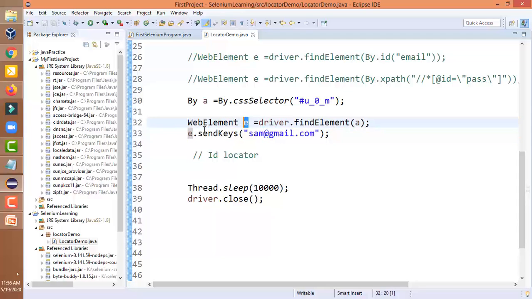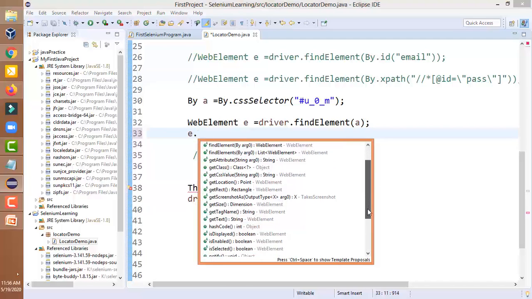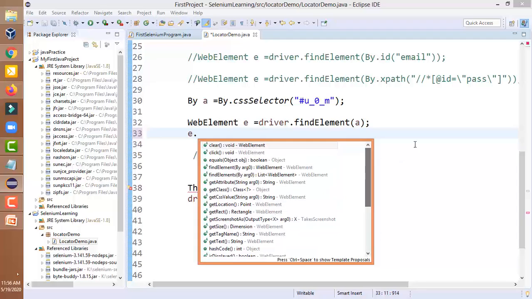So WebElement dot. If you want to look at what all actions we have, a dot. So these are all the possible actions, like clear, click. If this is a button, then we can click on that element. Now findElements. If we want to find elements and locate the location, getSize is a function, getText is a function, hashCode, isEnabled, isSelected. I will explain each and every function as we move further in this session.